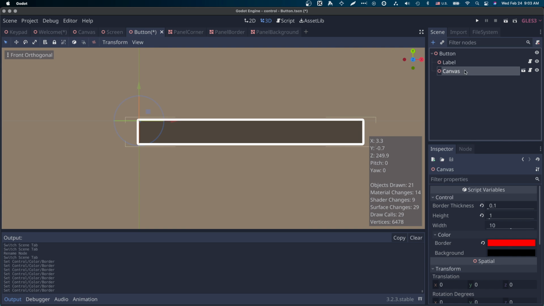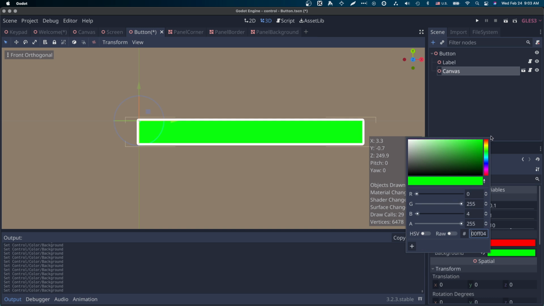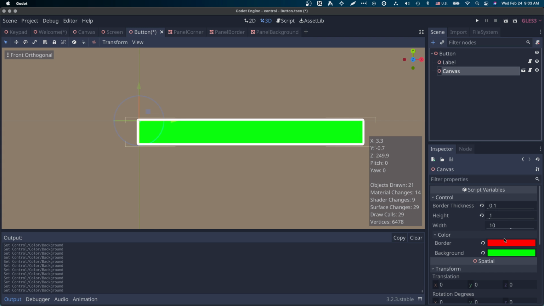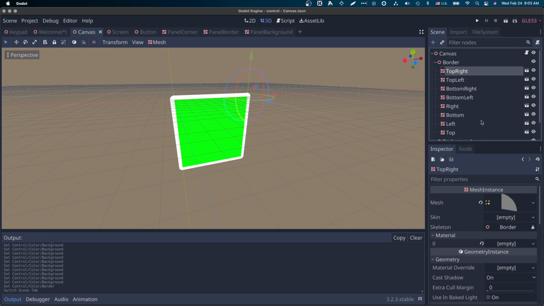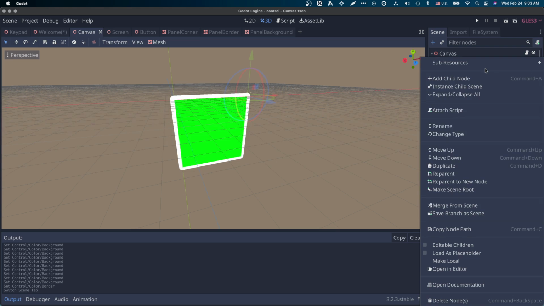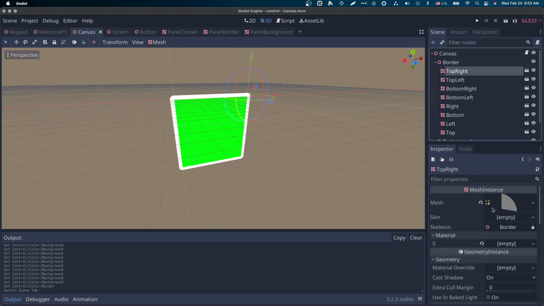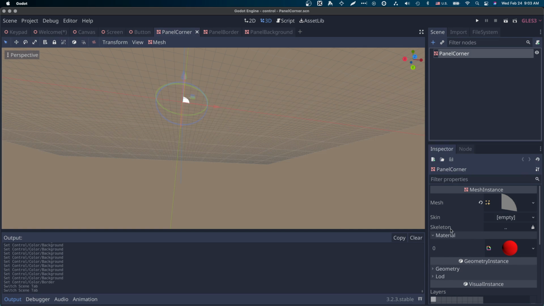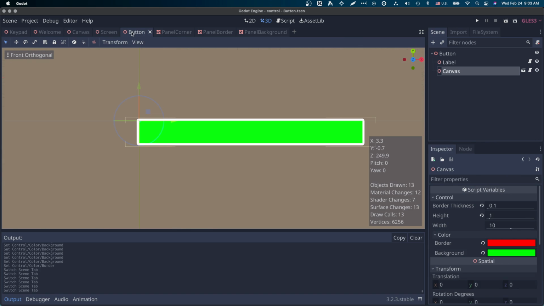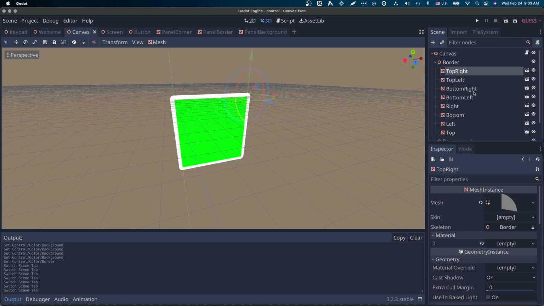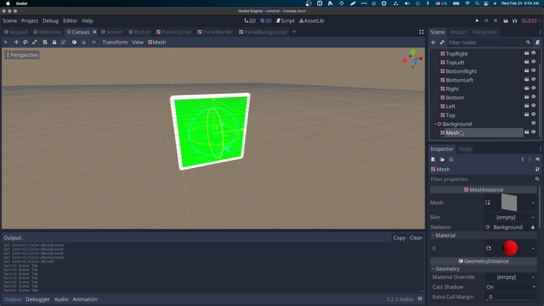So we change the button to red with a green background. Oh, interesting that the red didn't take. Panel corner, that should exist. But the material on all of those is gone, except